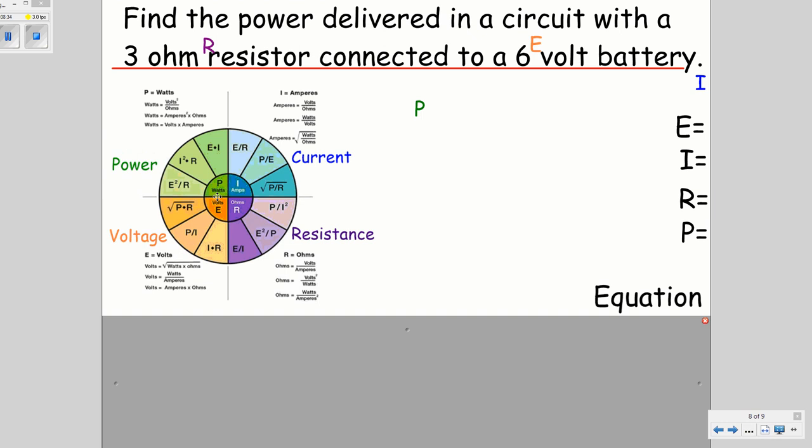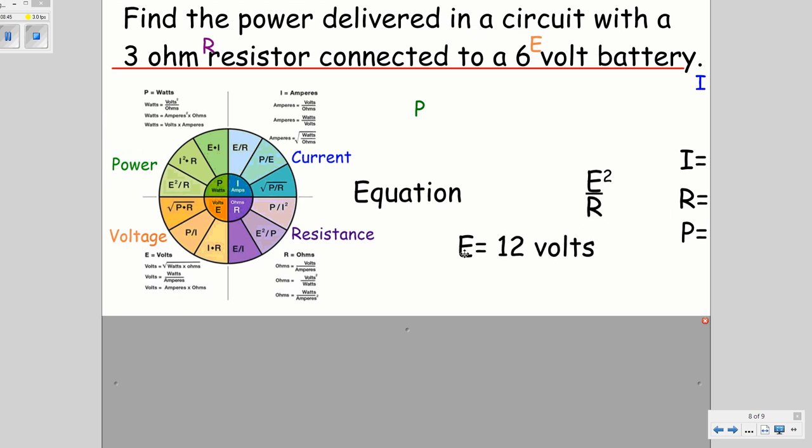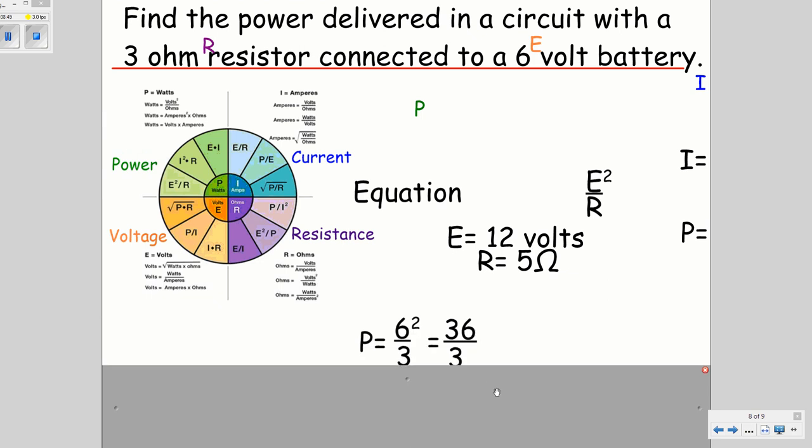We have an E and an R, so which one has an E and an R? And it's this one right here. It says E squared over R. So my equation is going to be E squared over R. I know that my E is 12 volts, and I know that my R is 5 ohms. So I do,